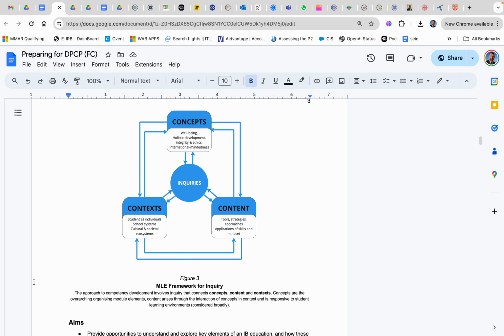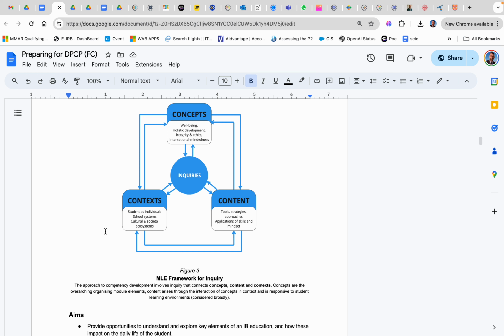But the concept of well-being, or the concept of holistic development, the concept of international mindedness, the concept of integrity and ethics, I think those are recognizable and could clearly be tied to meaningful inquiries. In terms of context, the idea with this iteration or this version is that for